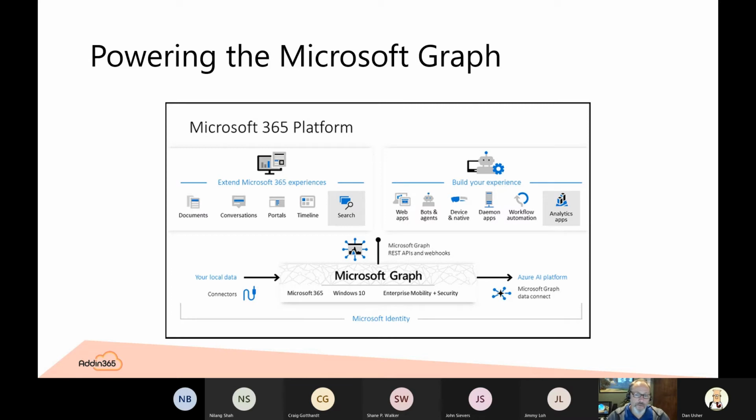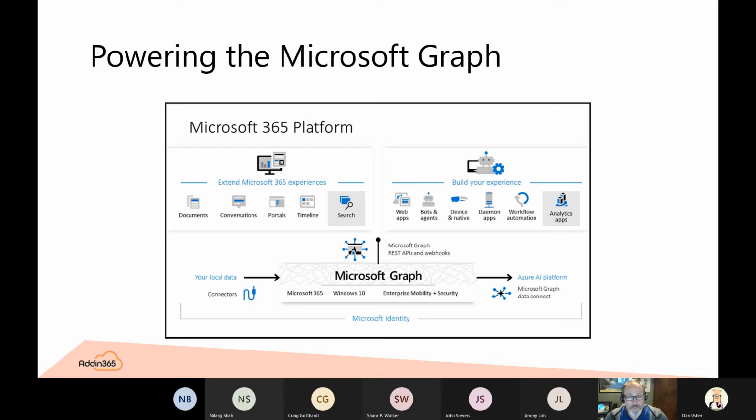Most people who are consuming the graph are using that in the context of a Microsoft 365 tenant with their company, or with the tenant of their customers. There are some pieces of the Microsoft Graph that can work for consumer accounts, what are called Microsoft accounts, Hotmail, Outlook.com, Live.com, etc. I'm not going to go too much into detail on that, but that is supported by the Microsoft Identity platform as well as Microsoft Graph.